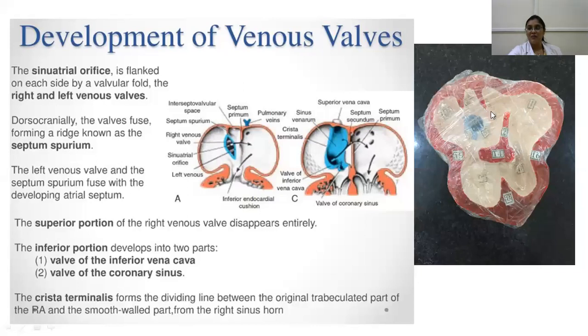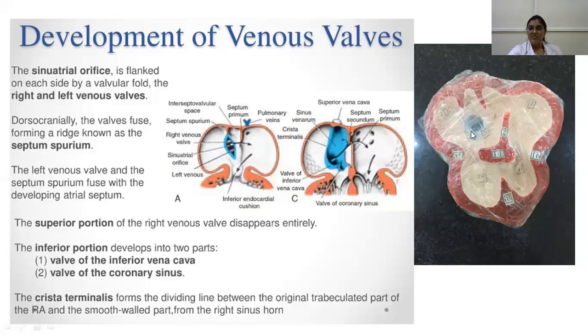So whatever blood comes in, it goes this way. So foramen ovale here. Then you find one more thing, this is septum spurium. So this formation of the right heart, I've told you before, I think on March 18th, before you left for your lockdown period. So this one is called a septum spurium.